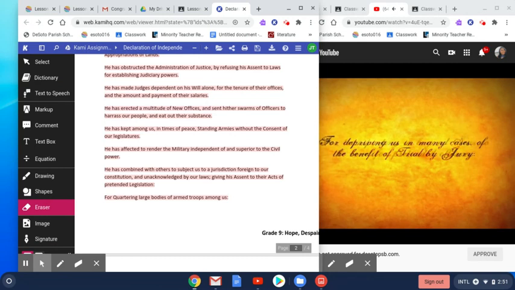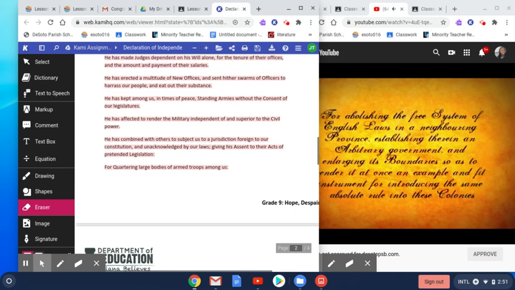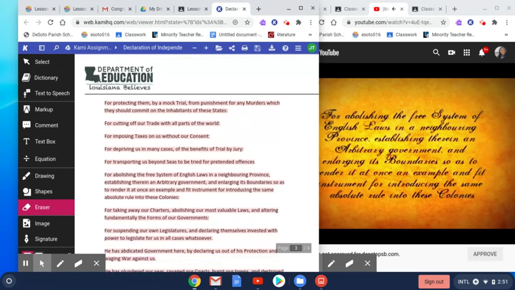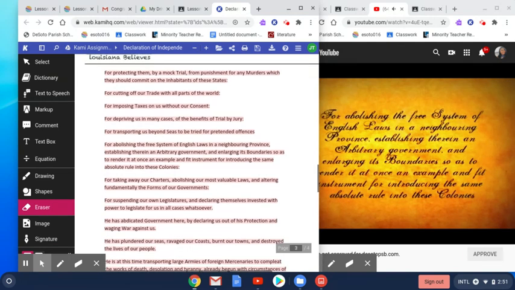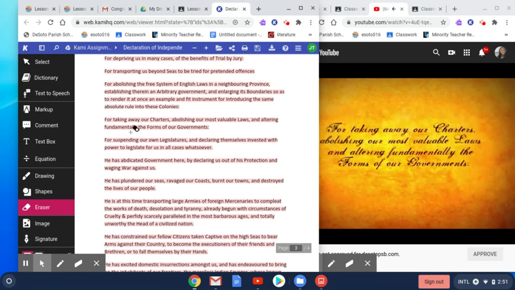trial by jury, for transporting us beyond seas to be tried for pretended offenses, for abolishing the free system of English laws in a neighboring province, establishing therein an arbitrary government, and enlarging its boundaries so as to render it at once an example and fit instrument for introducing the same absolute rule into these colonies, for taking away our